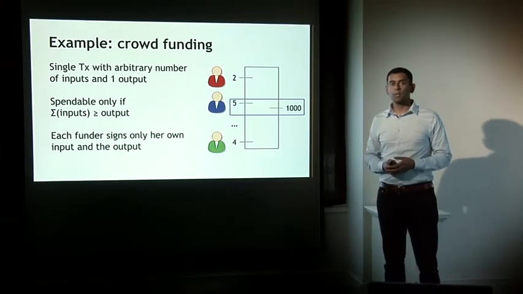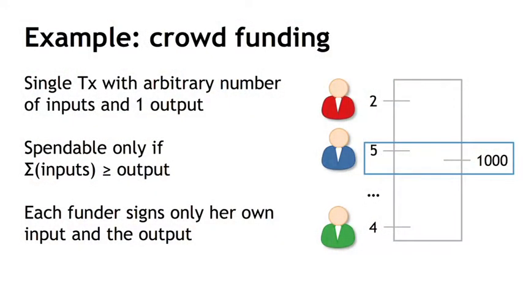And this uses some features of Bitcoin, some little used features of Bitcoin, in order to achieve a transaction where you can produce only this limited form of signature. So the entrepreneur will go collecting these signatures, but the Bitcoin transaction will only be spendable if the sum of the inputs eventually reaches greater than or equal to the output value that's been pre-specified. So this is something that you can actually achieve today on Bitcoin, but already we see that it starts to get into some little-known corners of Bitcoin. It's not the everyday type of Bitcoin transaction.